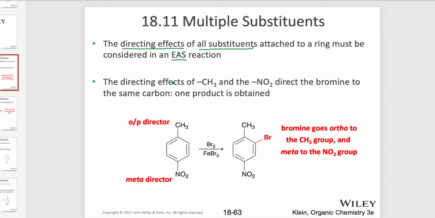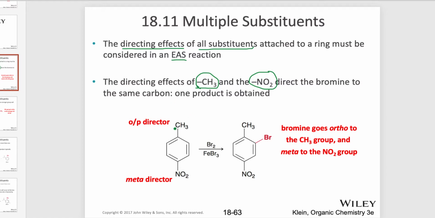When we have a molecule like this, we have a directing effect of the methyl group, the R group, which only has a weaker effect through induction. And then we have the NO2 group with a stronger effect through induction and resonance. As we are looking at this potential reaction here, if we want to figure out where the bromine atom would end up,